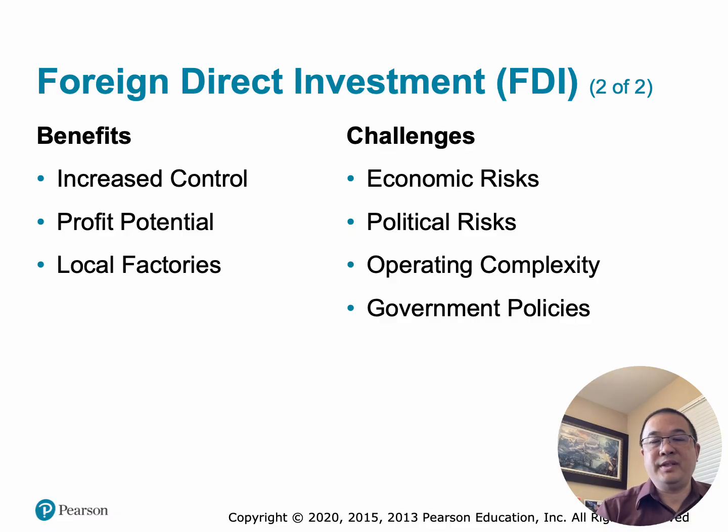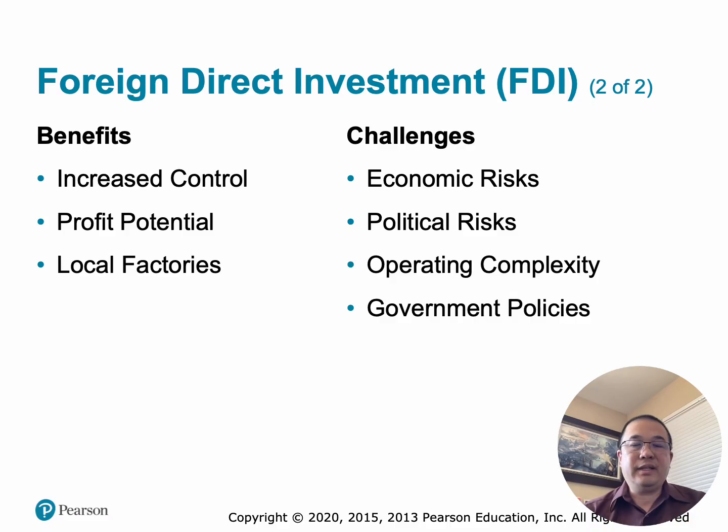Number two, profit potential. Because the company owns the foreign operation, it keeps most or all of the profits. So compare this with licensing, which receives only royalty income. Franchising, which receives franchise fees and royalties. FDI retains operating profits from the entire business. So as an example, a foreign subsidiary generating $10 million in profit belongs largely to the parent company. The benefit is higher long-term profit potential.